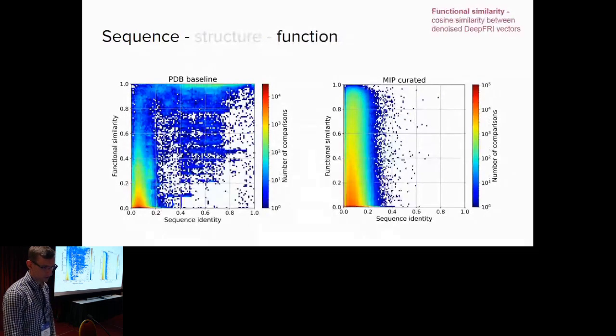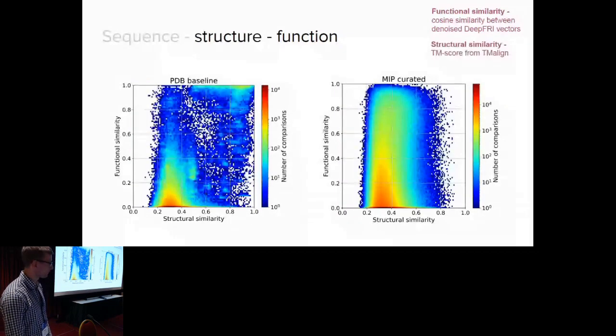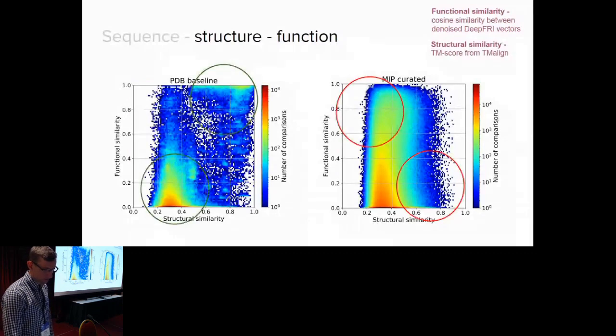And it also holds when it comes to sequence-function relationship. But in this case, we also found more functionally similar structures, as functional similarity was computed as cosine similarity between deep vectors. And now the most interesting, namely structure-function relationship. The most obvious scenarios are to the left, noted by green circles, namely when we have very similar structures and very similar functions, and very different structures and very different functions.